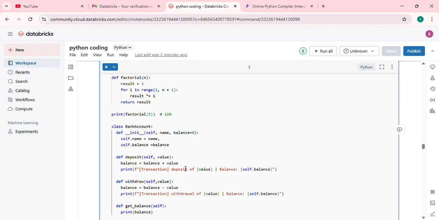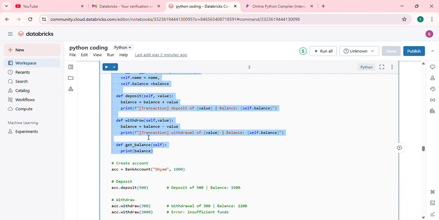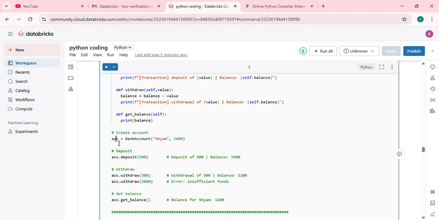And sum of digits, Fibonacci series, all these whatever I showed, are only over here. Also, there will be scenarios where you get asked, I recently got asked a question like this, where you have to create a class and different methods. The logic may be different, but you should have the basic knowledge of how to create a class, how to define the init method inside it,